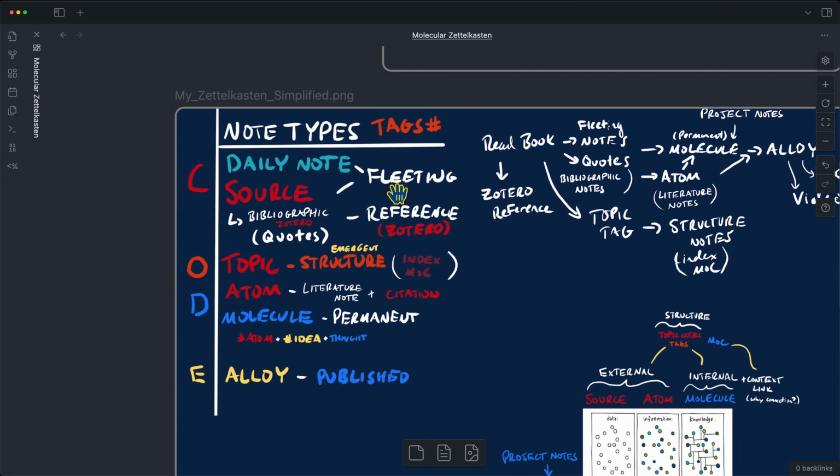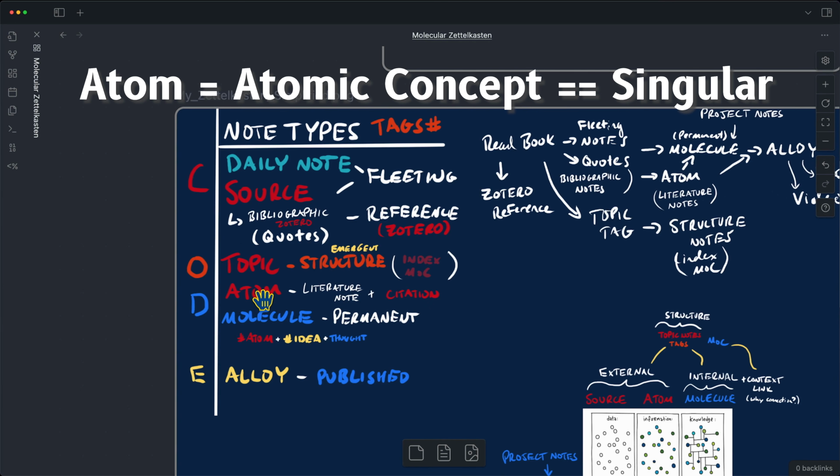In the Zettelkasten system, if you recall, there are 2 different slip boxes. There's the reference slip box, and then there is the main slip box. The reference slip box is made up of bibliographic notes, which come from sources, and also literature notes that are tied to a citation that you got from the source, but are an extraction.